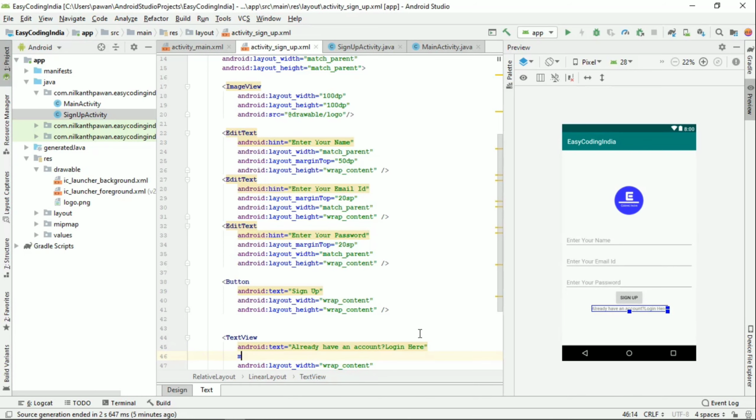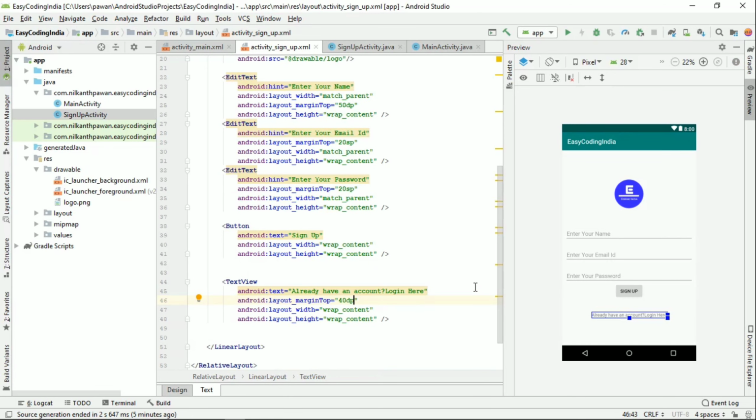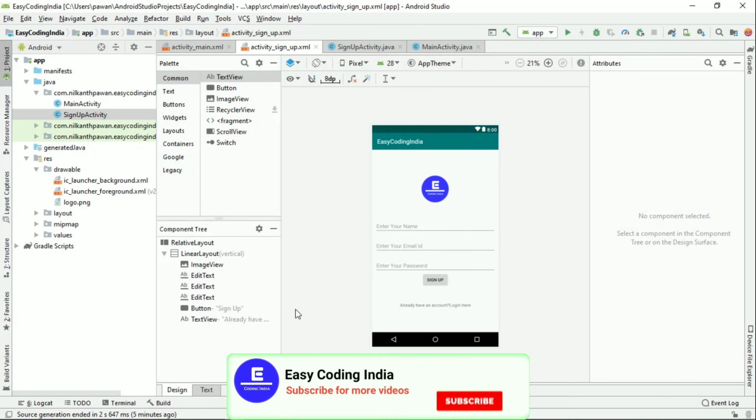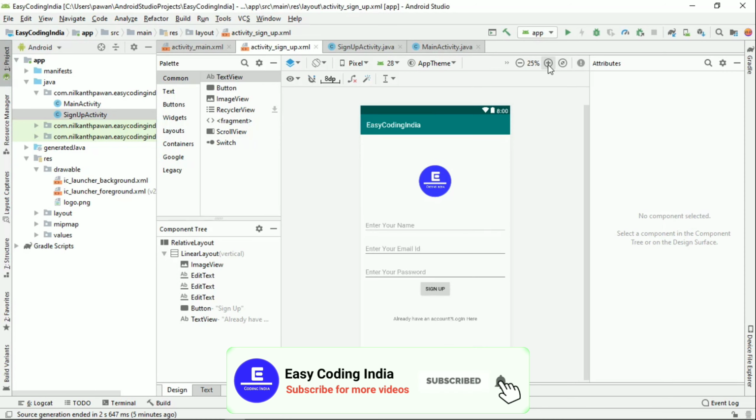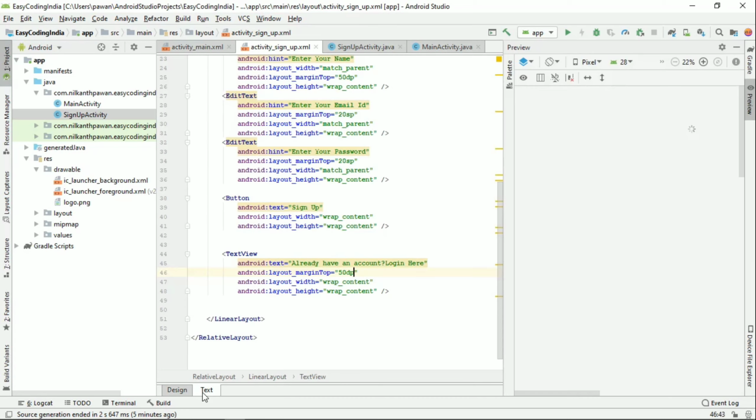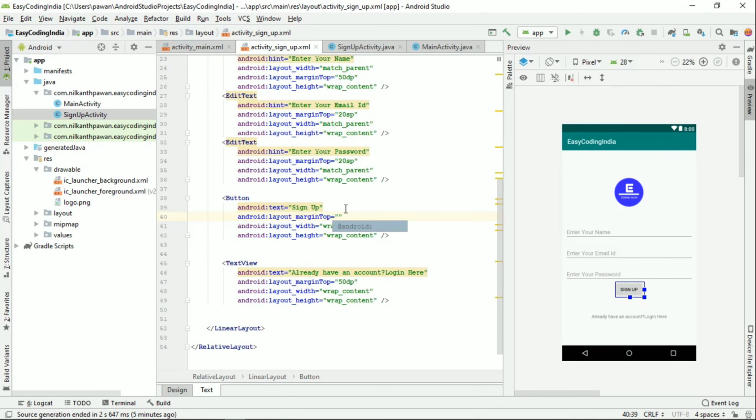and you can take margin top 40. This is good, and not 40, 50 margin. Look, I will zoom these things. This is good. You can enter your name, email ID and password, but password and sign up button will look too close, so we can set margin top 20,